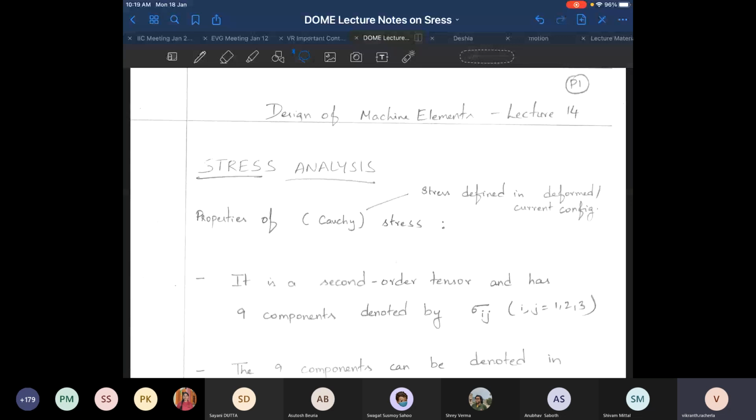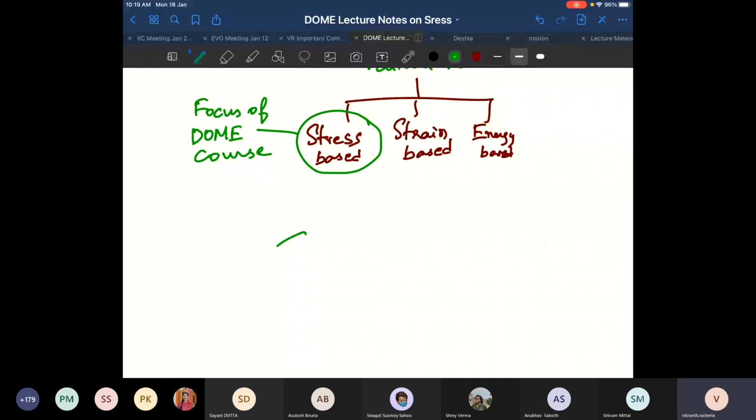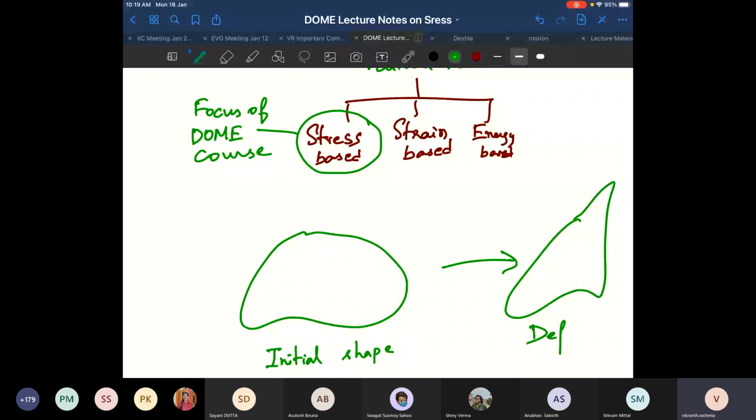So let us say the material has got some initial shape, and upon application of load, this is undergoing some shape change. This is becoming a